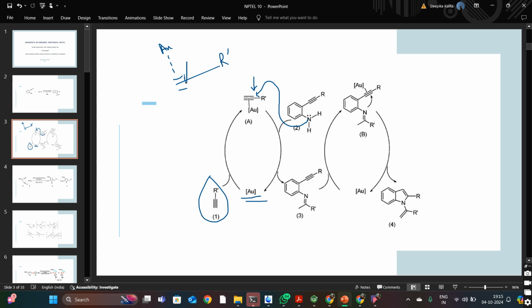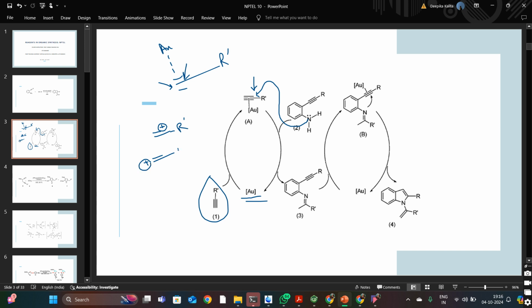One will be at this carbon and the other will be at this carbon. So if we write the types of carbocations that you can get by coordination with the gold catalyst, one type of carbocation will be here and the second one will be generated here